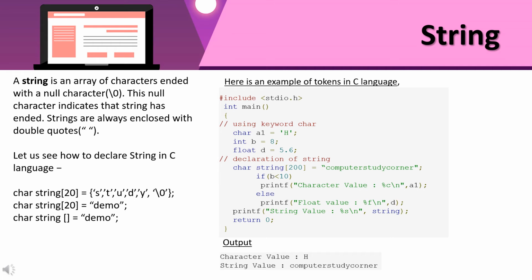Let us see how to declare a string in C language. As you can see, char, which is the data type, string array of 20, and the elements are given as S, T, U, D, Y and the null character. Again, it can be declared like this: char string array of 20 and the total word, that is DEMO, and also char string